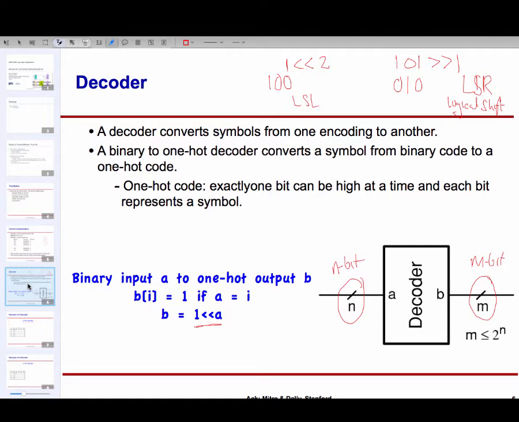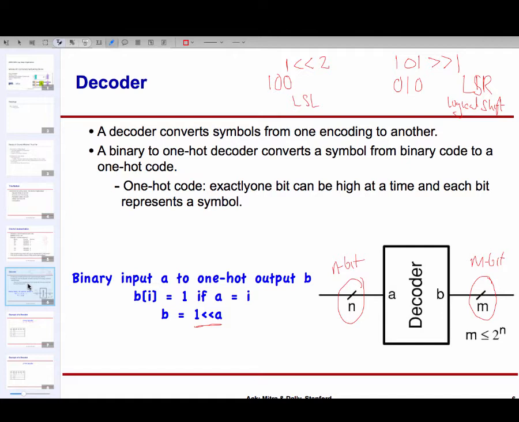So in particular, what we are saying is think of the binary number 1, which is basically 0, 0, 0, 0, 1, shift it left by a. So if a is 0, I continue to get 1. If a is 1, then I shift left by 1 bit. So previously I had 1 bit in the rightmost location. Now it will move left, and I'll put a 0 in the rightmost position. So I will end up with 0, 0, 0, 0, 1, 0, which is the number 2. I shift it that many times.